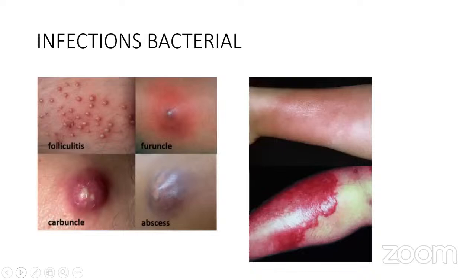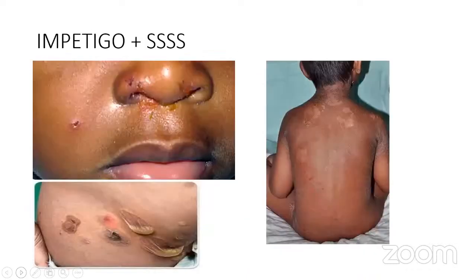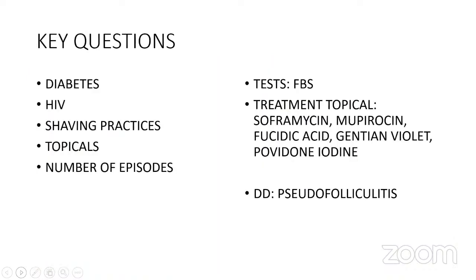Next are bacterial infections. The first picture is folliculitis. Then there's furuncle, carbuncle, and abscess. Then there is cellulitis and erysipelas. So there's impetigo and staphylococcal scalded skin syndrome. So key questions in bacterial infection: one, if they're diabetic; two,